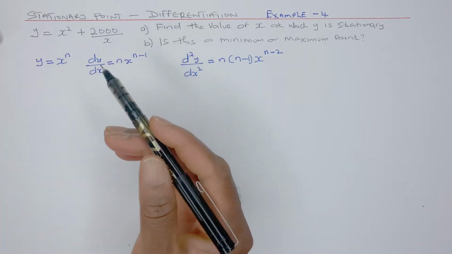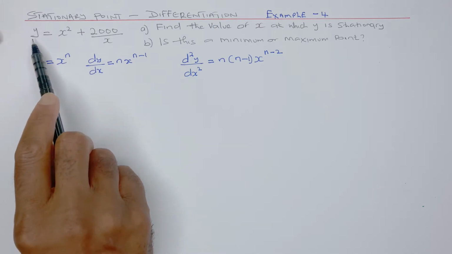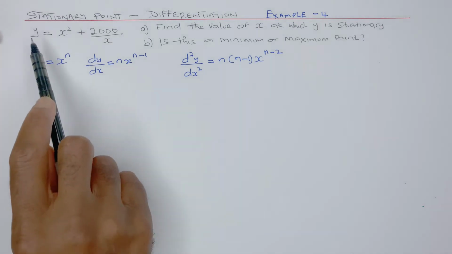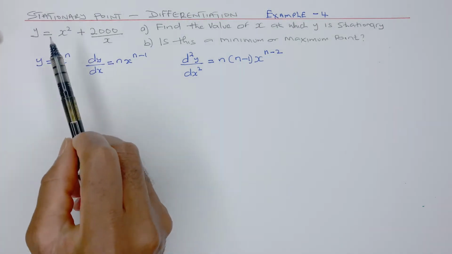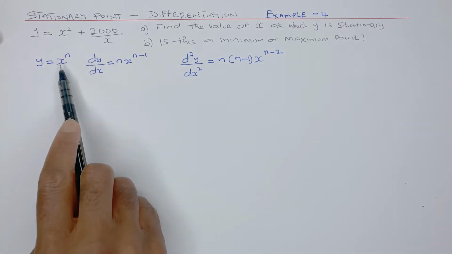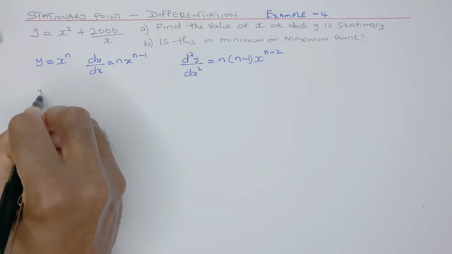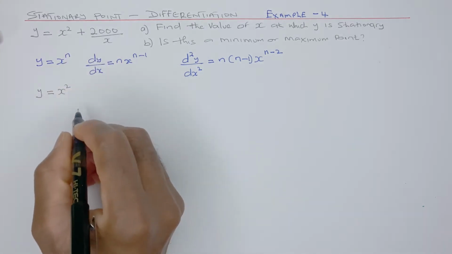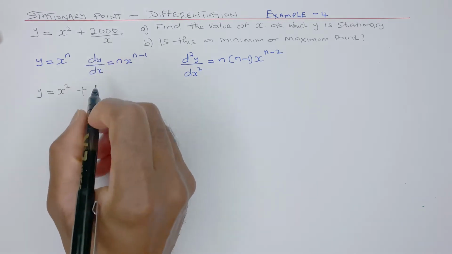Before we can differentiate, we have to make sure that the function y is in the form of x to the power of n. This function has two terms, and we can only differentiate term by term. But each term has to look like x to the power n. Now, for y equals x squared, that looks like that, that's good. Plus 2000 over x, that's 2000